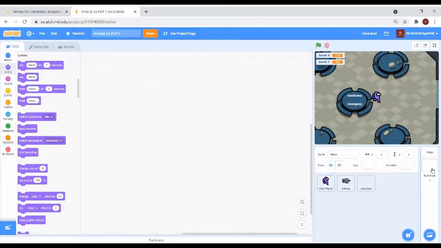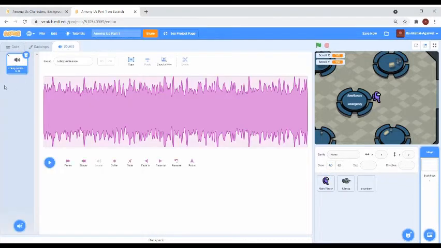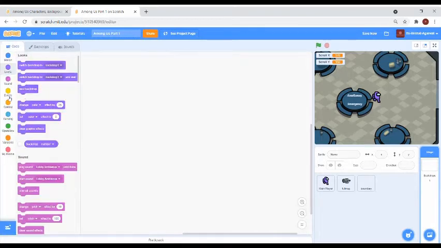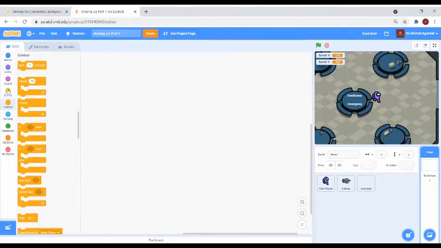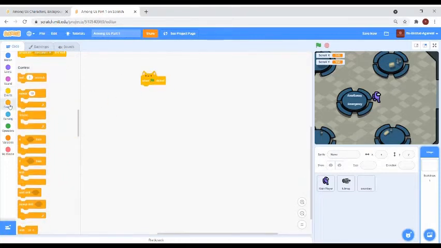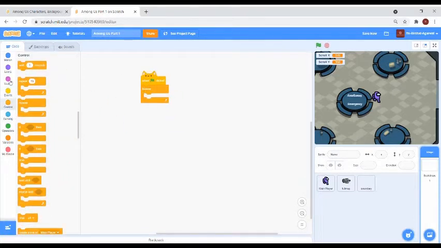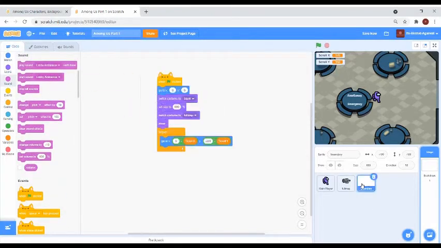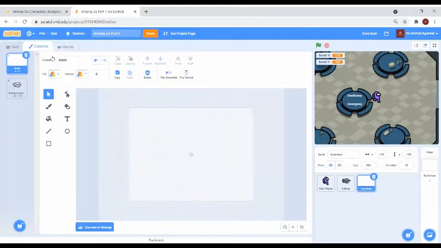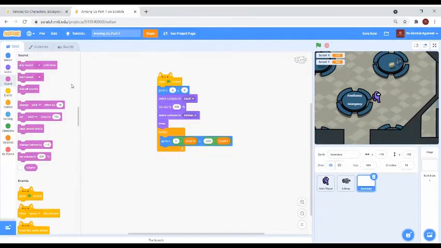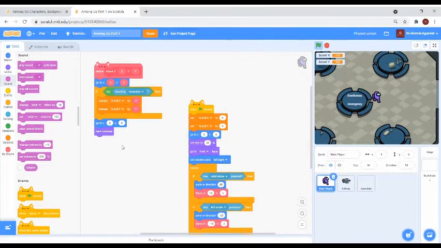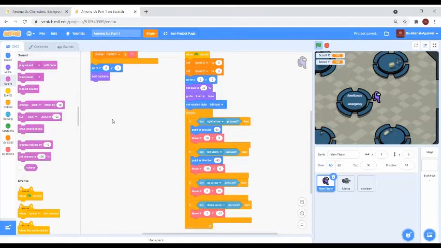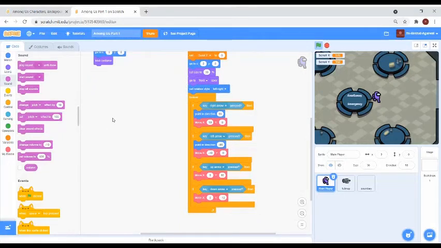So first tap on backdrop and upload the lobby ambient sound, and in the code go to events, when flag clicked, control forever, sound, play sound lobby ambience until done. Now the background music is done for the game.